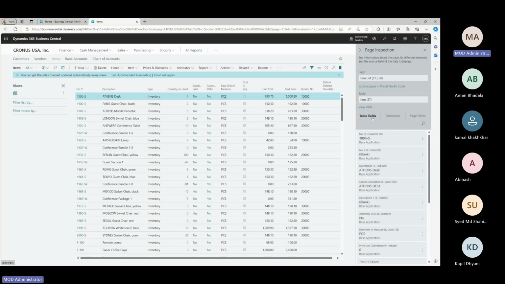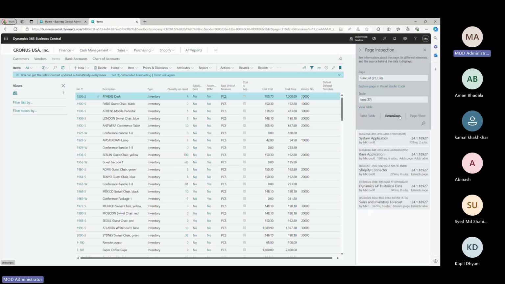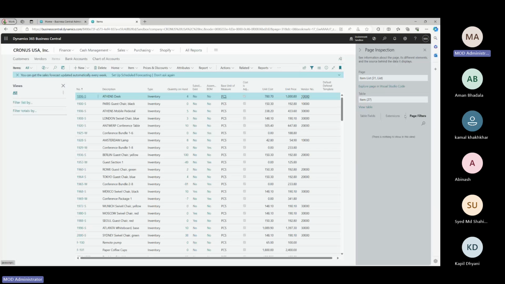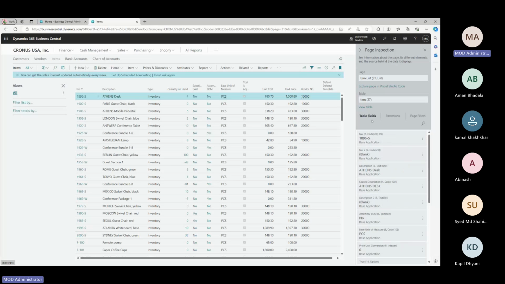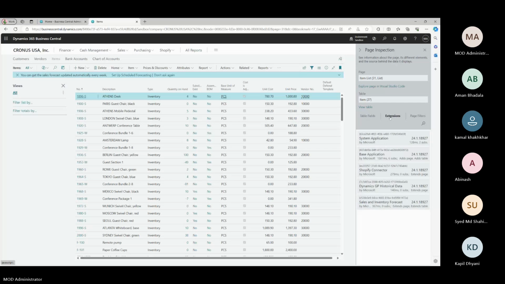Now this is one example where an extension is slowing down a page load event specifically, which your users can identify from this area. But what if a process is slow or if there is an error? Now what do you do? I'm posting a sales order, there is an error message, not a sales order, but I'm doing